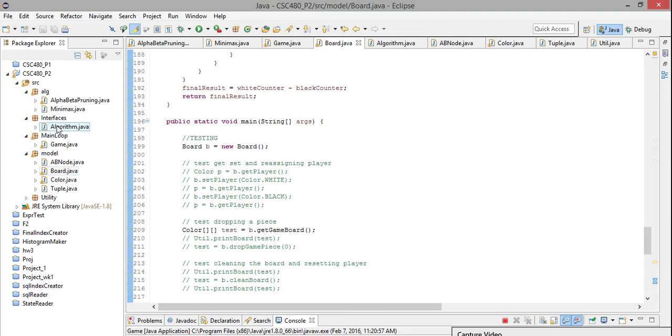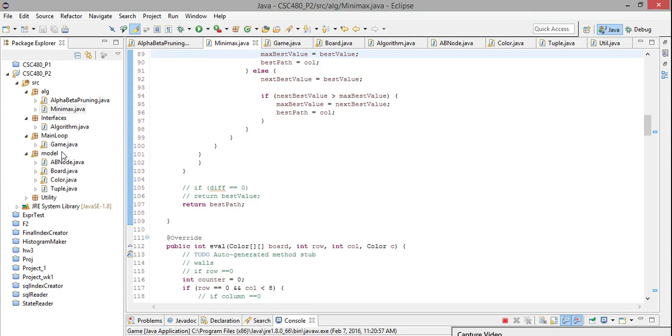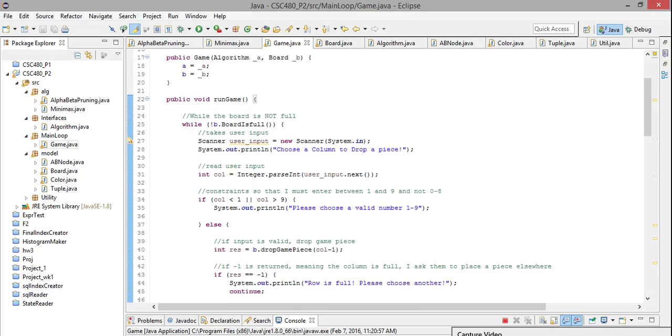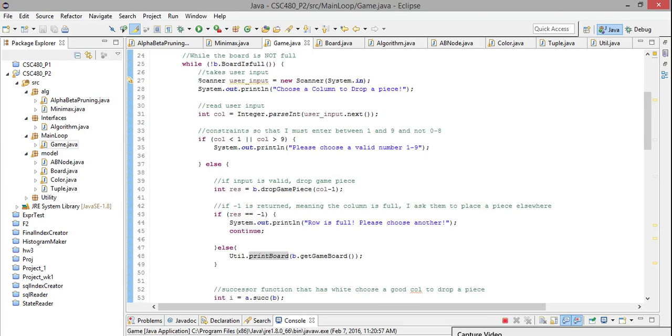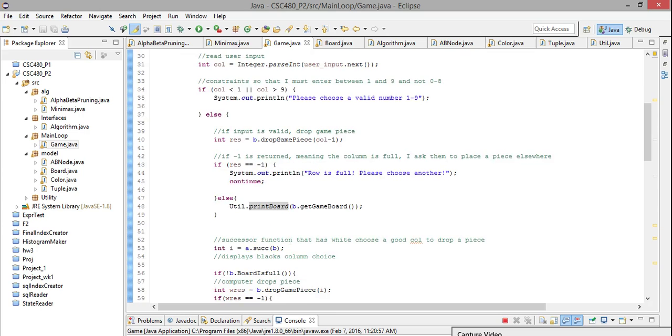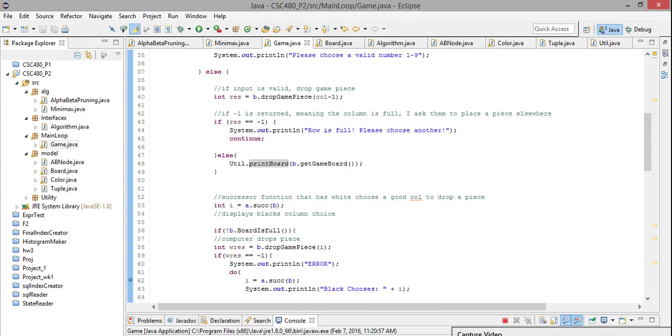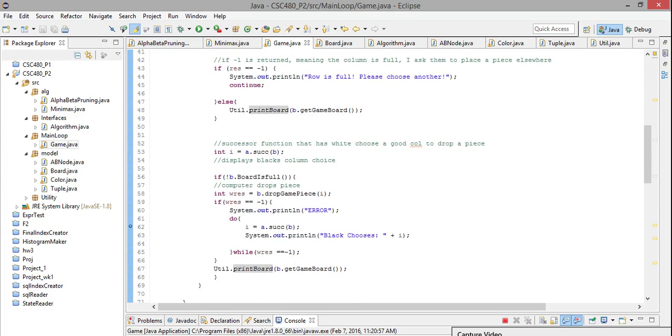Okay, and then the game object itself just takes in an algorithm and a board. Asks if the board is full continuously, then I parse all that input. The only thing I don't do is parse for letters. That is something I don't have. Then basically try to drop the game piece. If it's -1, meaning that the row is full, then I'll just continuously ask the player to choose another row